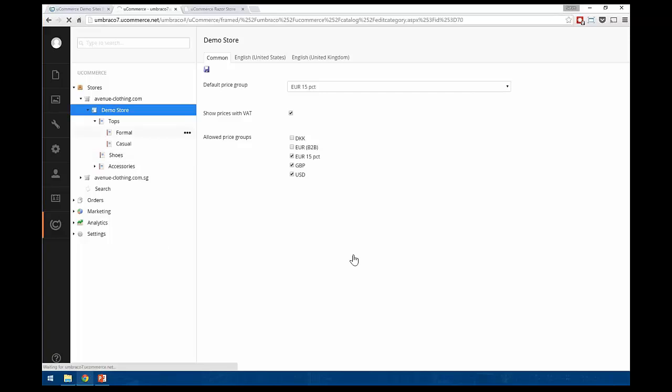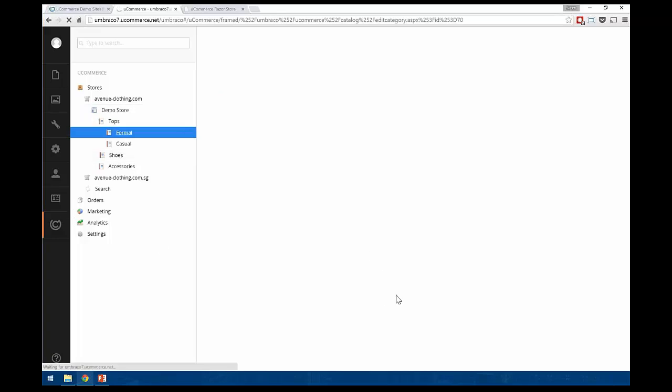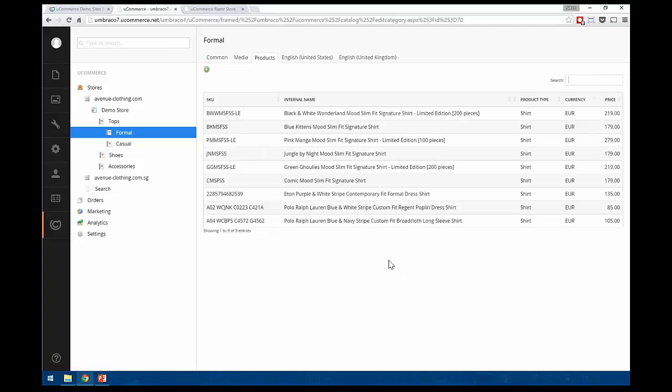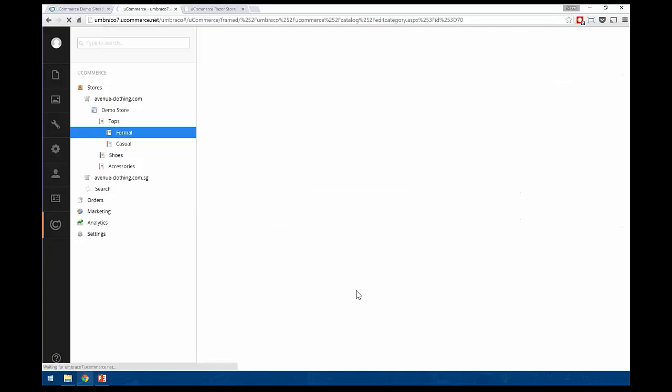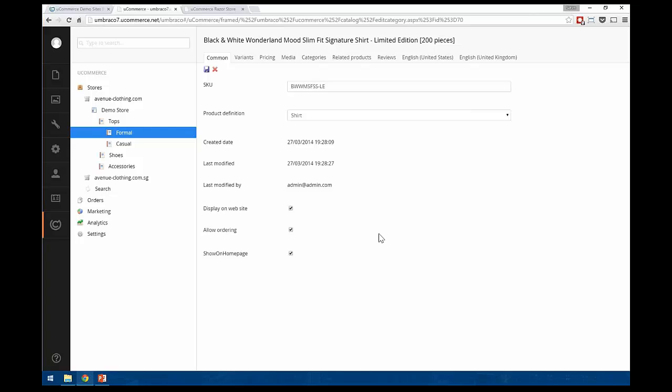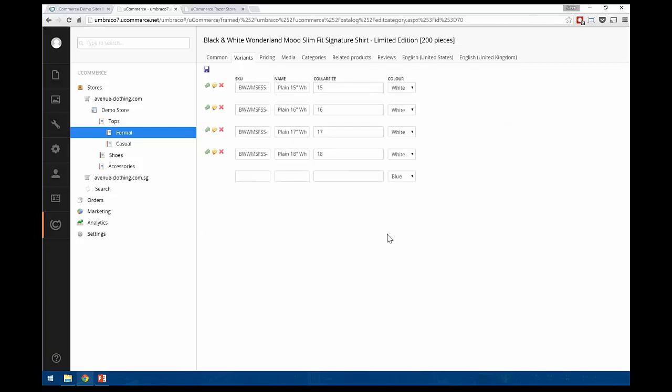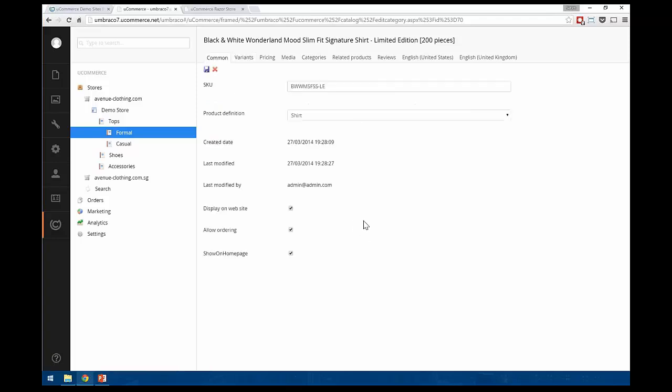If we dive down, we can see the product levels. I'm not going to spend too much time there. I want to make sure that we can get through all of the stuff. But I would like to point out one new feature that we added here in version 6.5, I think, something like that. We've always had the ability to describe taxonomy in uCommerce, via these definitions. You can use those to set up which fields are relevant. Show on homepage here is a custom field that has been added to this particular definition of a shirt. Same thing for variant fields: size and color are custom fields that are added for this particular type of product. It will be different if I take a look at a shoe or a tie.